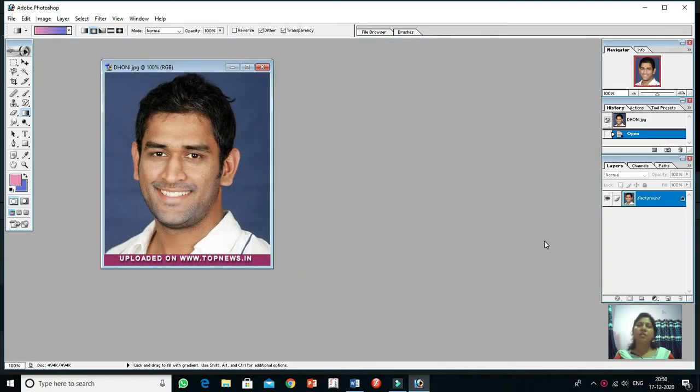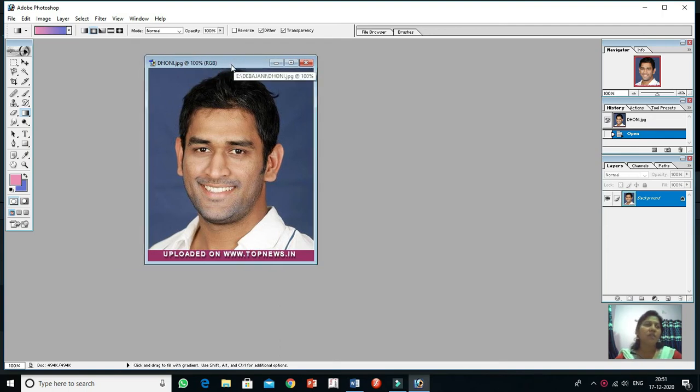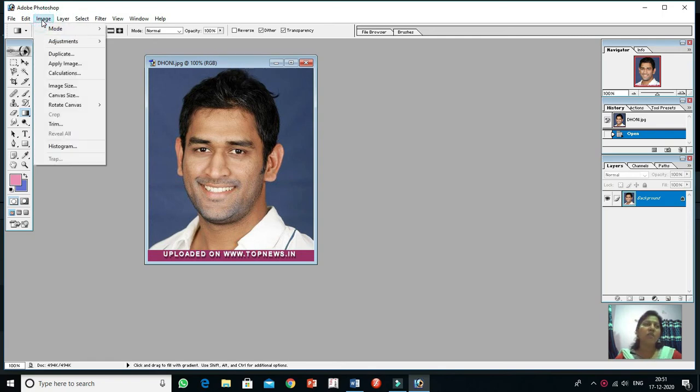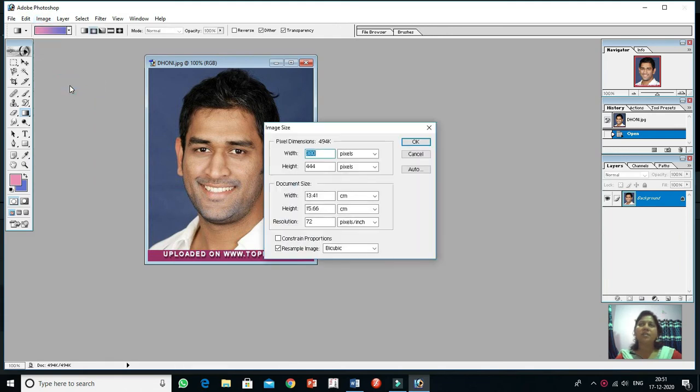Next is how to create a passport size image. First you have to open the image file. As I have already opened this image file, you have to set the image size. Go to image, then click image size, and first change the centimeters to inches.